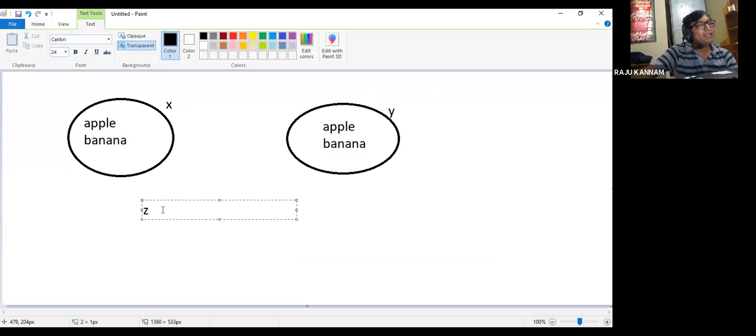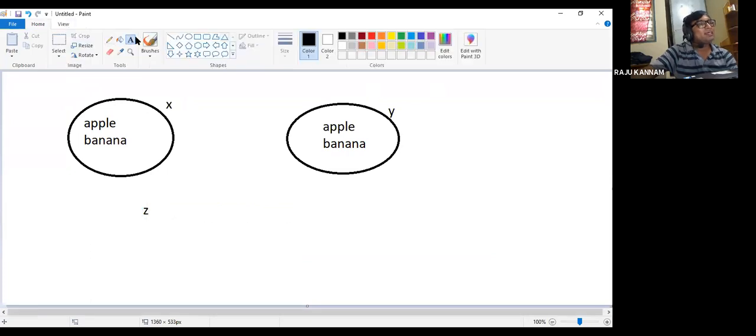I'm telling that this z is nothing but this x. We don't have any separate memory location for z. z is pointing to x only. Hope it is clear now.